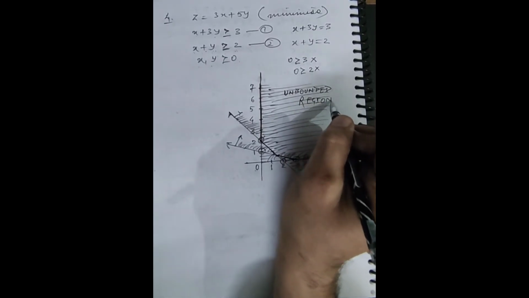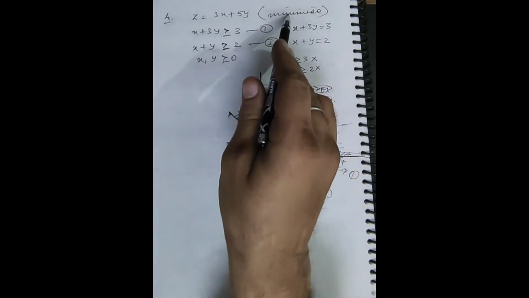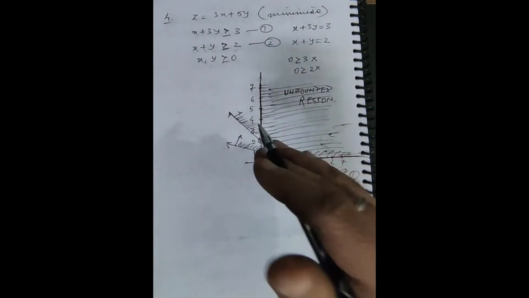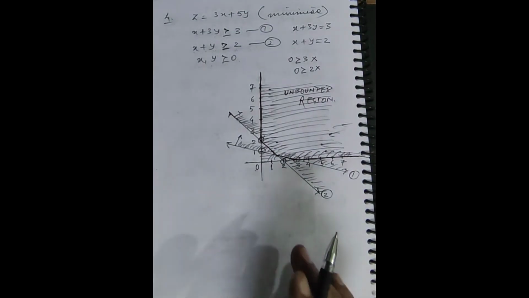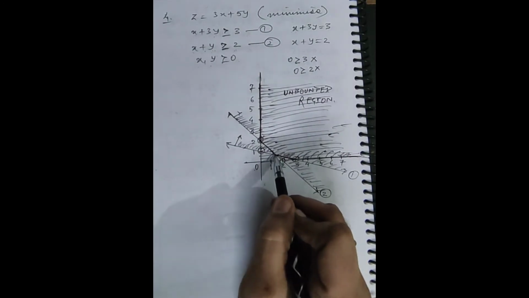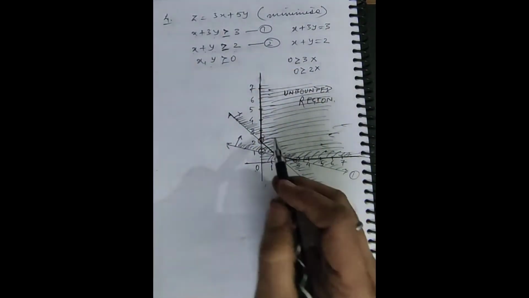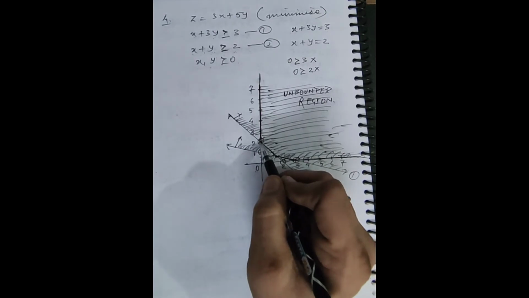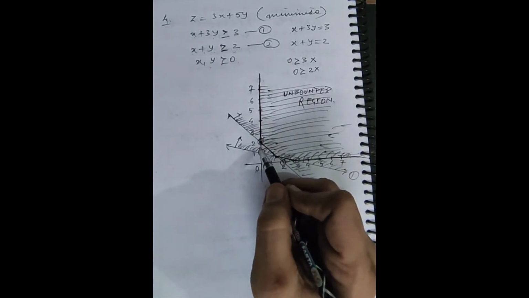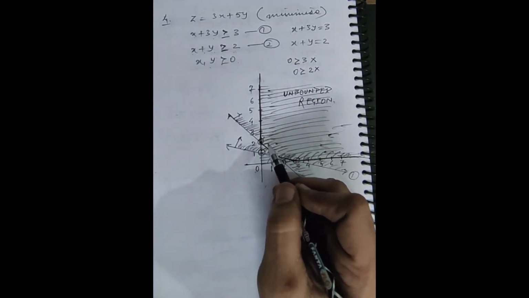In such a case, in general, you will be asked to minimize the objective function. Why? Because maximizing cannot be done. There are infinite points and no limit. That's why we cannot fix a point to maximize the objective function. So minimizing is done by the points lying along these limits. You can see the shaded region is ending. It starts from here. Corner points will always be points of intersection of at least two lines.